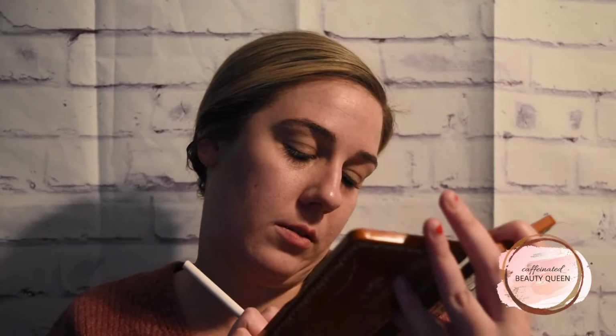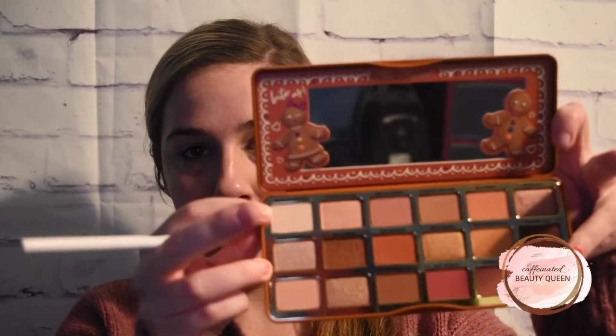So first we're going to set that down with the shade, what is this called? Vanilla Wafer. It's just a nice cream eyeshadow base. First, I'm going to go in with the shade Soft and Sweet as my initial transition color. So there's definitely some kickback when I put my brush into the pan,